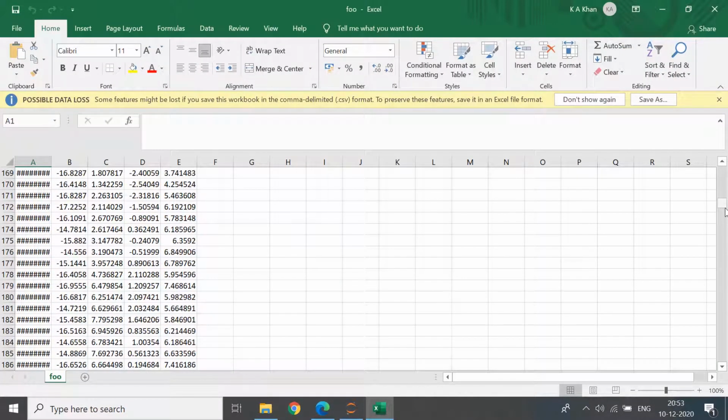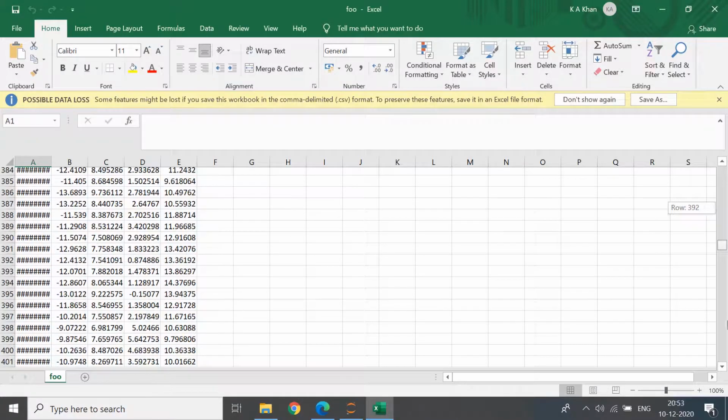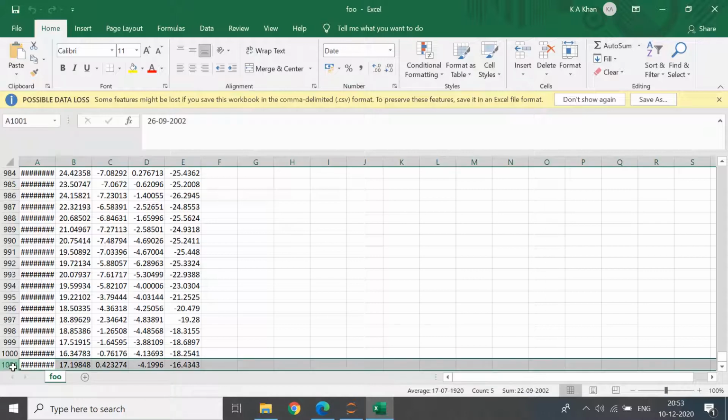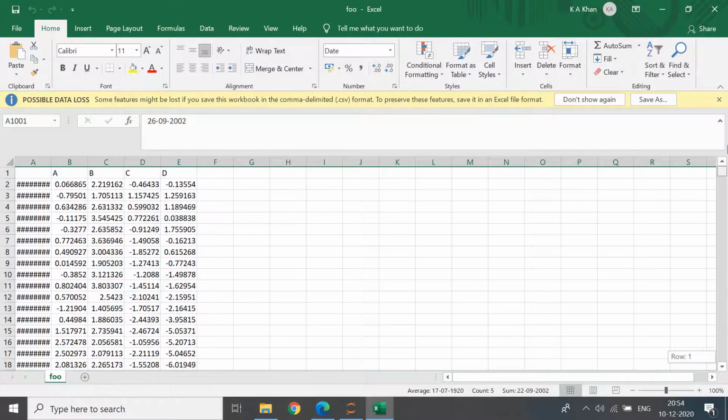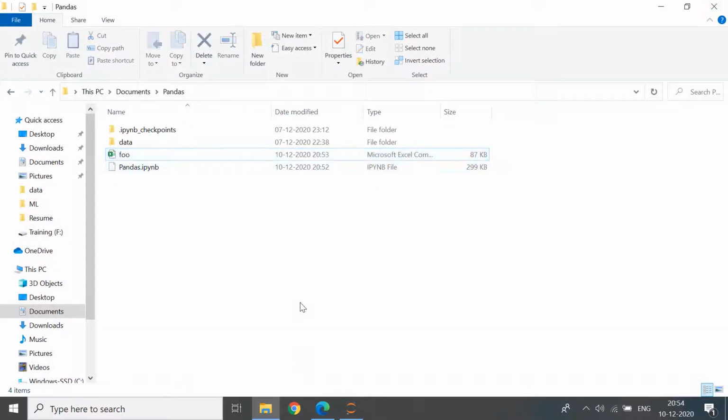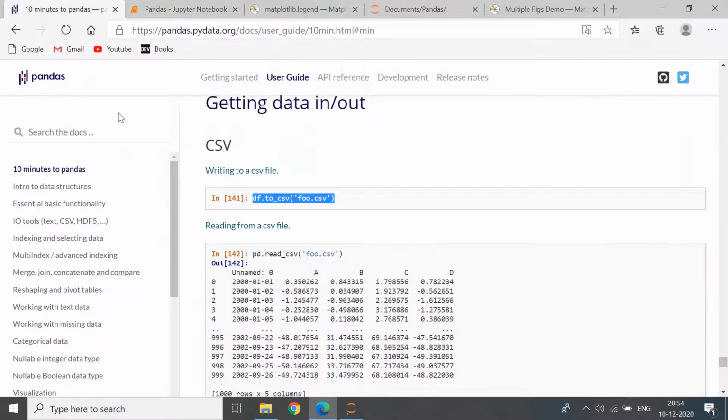It had 1,000 rows. Remember, we just had taken values from the random, and you can see 1001, and you might wonder, oh, is there something wrong? No, there isn't anything wrong. The first row is being assigned to the column headings, hence we are getting this. And yeah, that's that. And you can also read that same file.